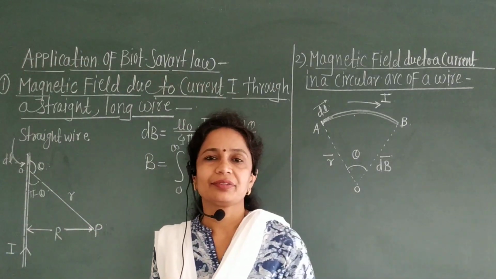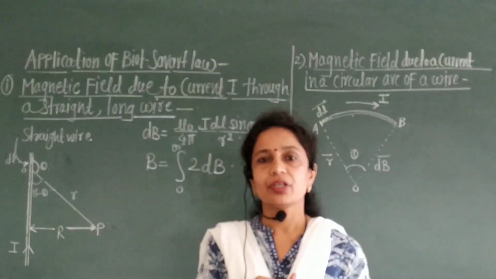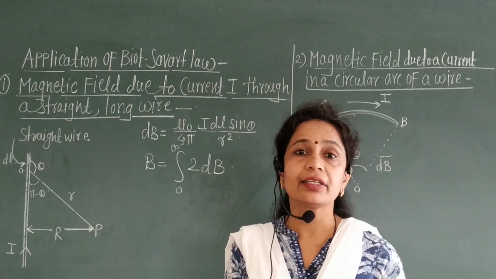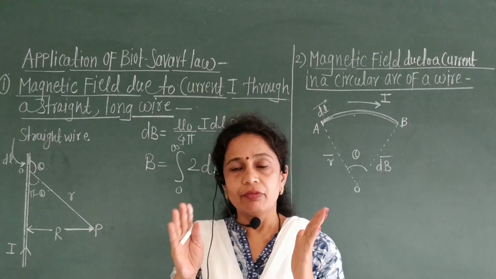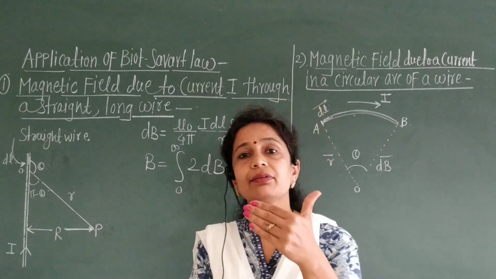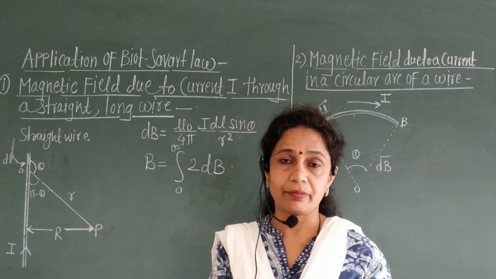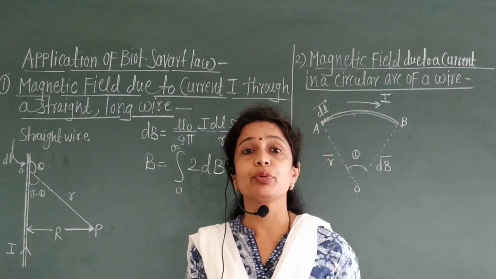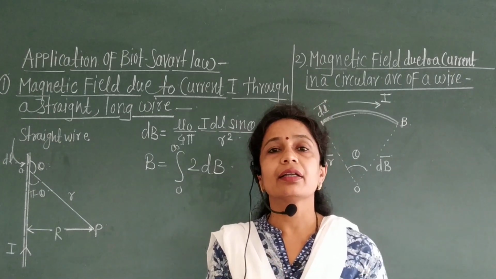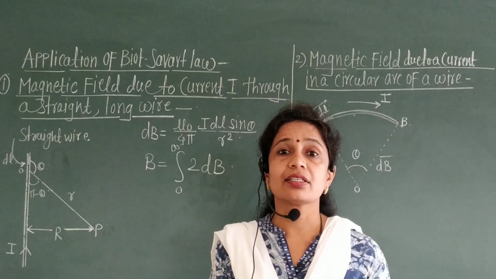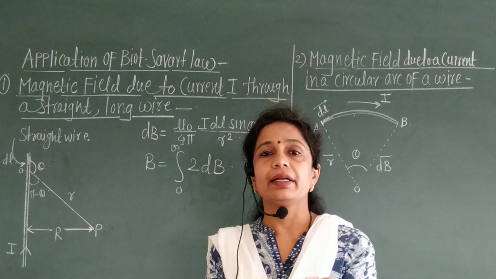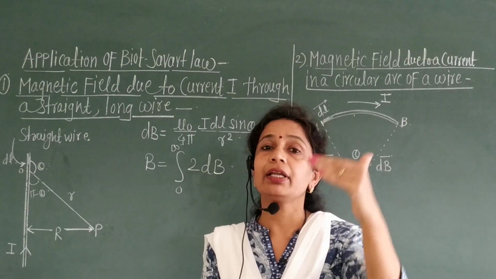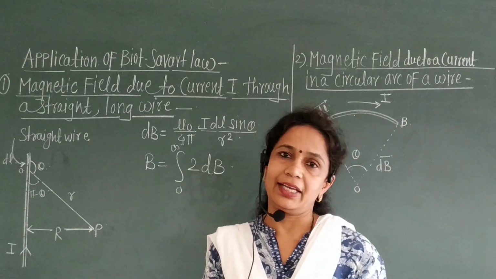Good morning, students. From the last 4 lectures, we are teaching a very interesting chapter, magnetic field due to an electric current. There are various applications of magnetic field due to an electric current: electric fans, electric motors, generators, communication systems, computers, MRI (magnetic resonance imaging), and last, very important, the electromagnetic crane. This electromagnetic crane is used to lift or move heavy metals.